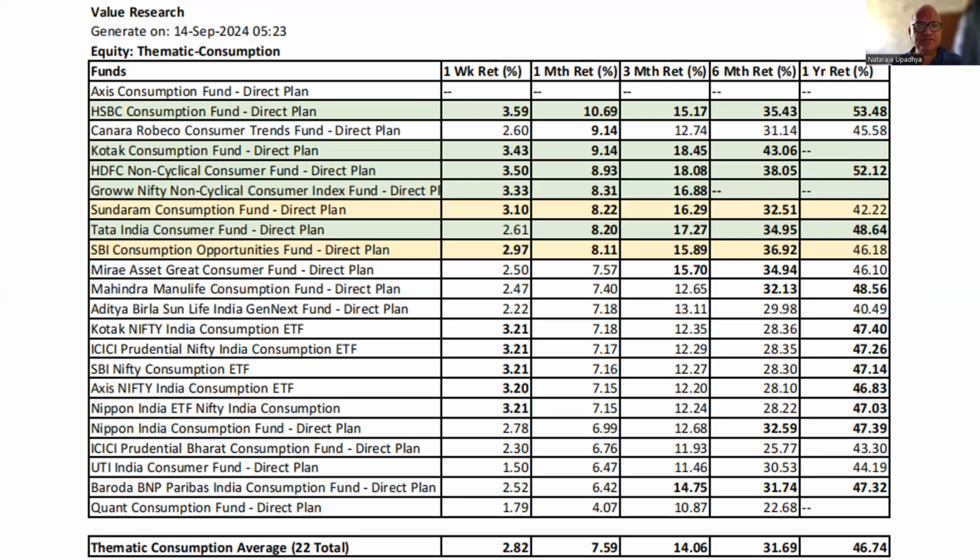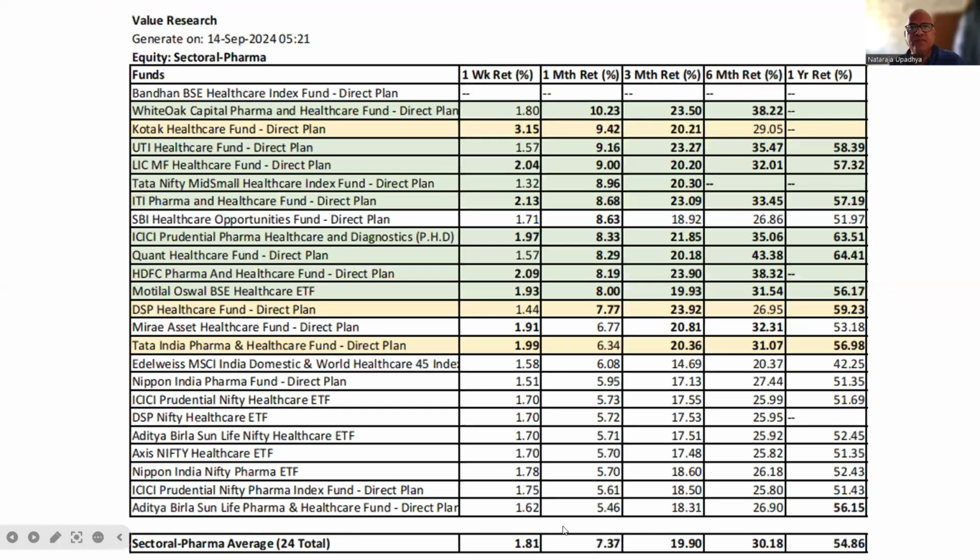The consumption funds, there are 22 total funds available, whereas in pharma, there are 24 funds. Their returns: 1.81% for the week, 7.373% for the month, 19.9 for 3 months, 30.18 for 6 months, 54.86 for the year. Not bad. The ones in green are White Oak Capital Pharma and Healthcare Fund, 10.23 for the month, 38.22 for